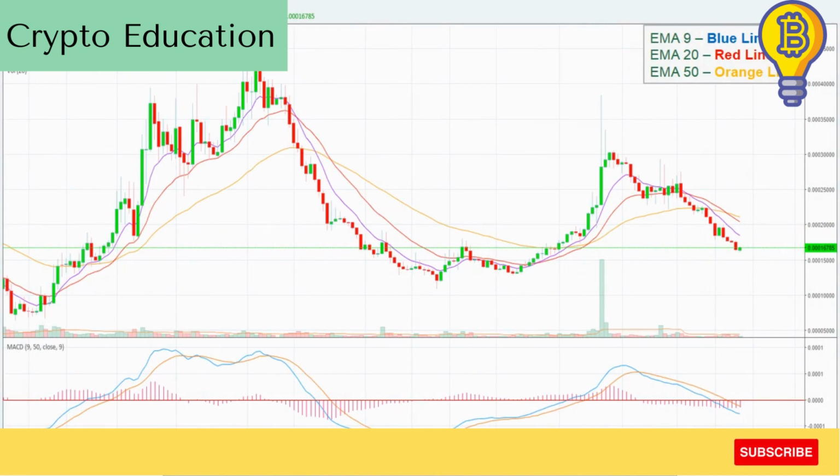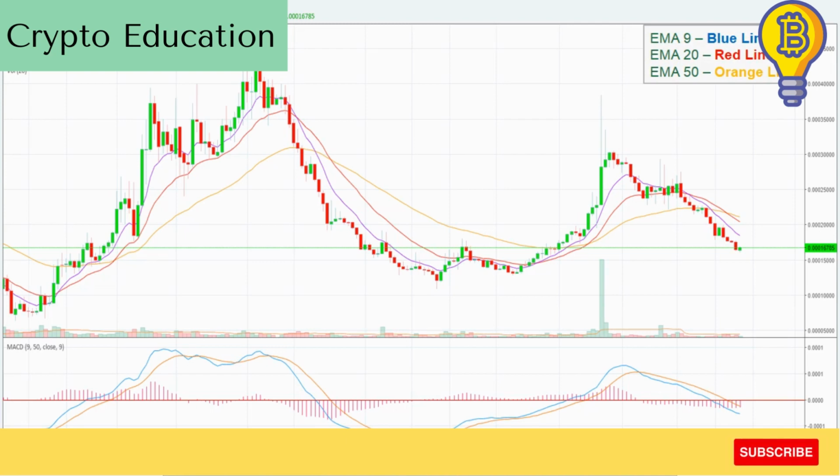Okay, now let's apply everything you've learned in the previous lesson by going through some real-world examples. As you can see on the screen, we have a MACD oscillator at the bottom of the chart. We have three important lines here. The blue line is the MACD line, the orange line is the signal line, and the red line is the